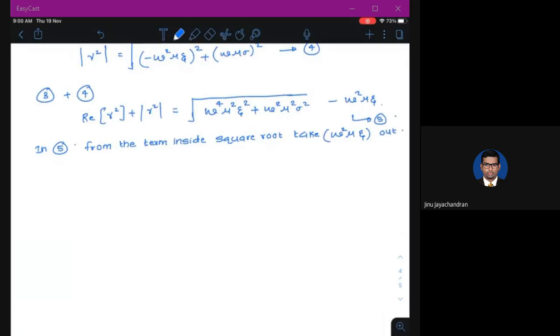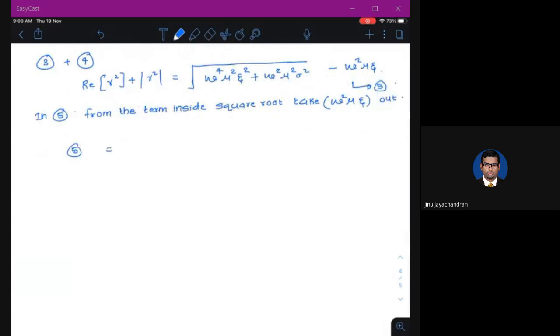So I can write equation number 5 as square root of omega raised to 4 mu epsilon, this whole square out, multiplied by 1, which is this. Now when you take omega raised to 4 mu square epsilon square out from here,